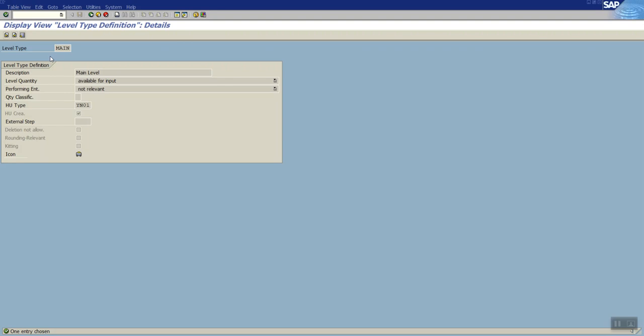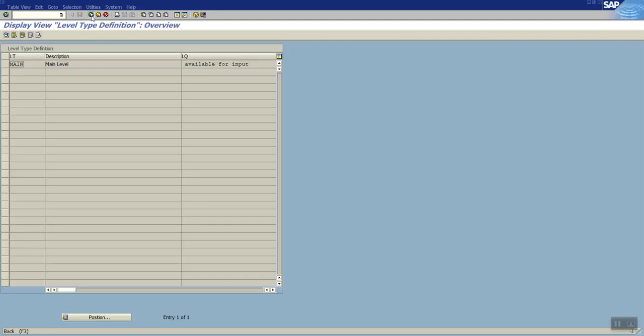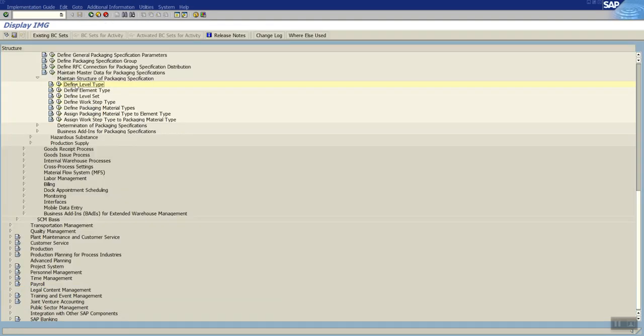So depending on our business requirements, we will map all those level types. Whenever we define the level type, we can see here the level HU type has to be assigned. And this is about how many levels of packaging requirements we have for packing a particular product.